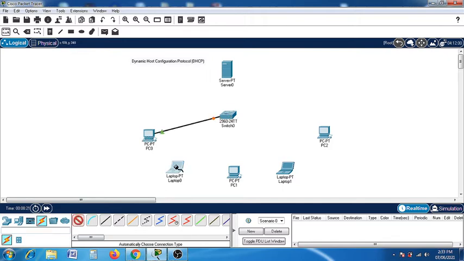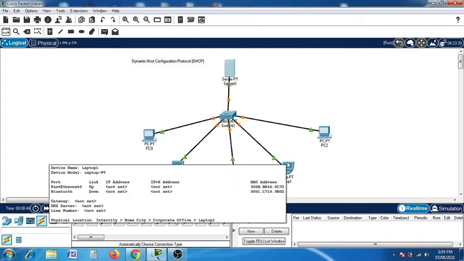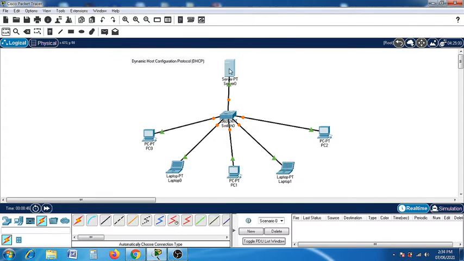The laptop to the switch, then this PC1 to the switch, and again this laptop to the switch. You can connect these systems manually also, but we have to select some ports there. Then again the server to this switch. I think all the systems are connected. So 5 end systems are there, one switch and one server.